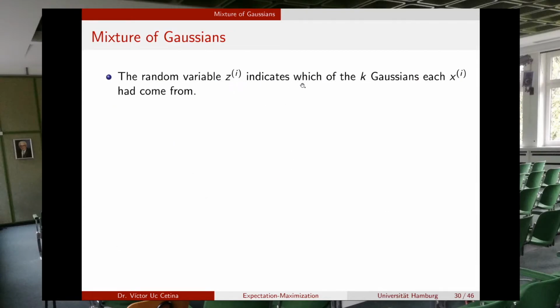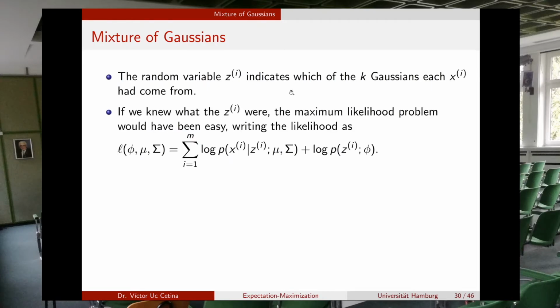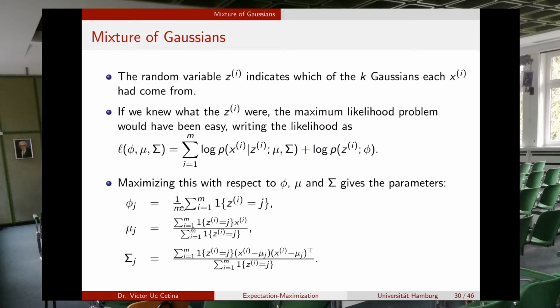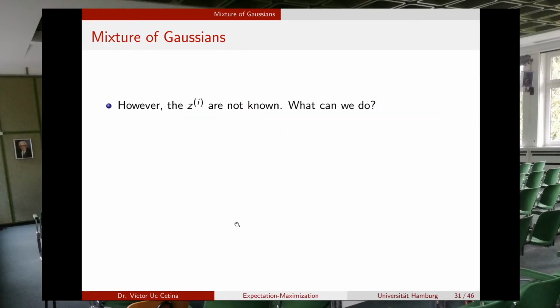This random variable z indicates which of the k Gaussians each x had come from. If we knew what the z were, the maximum likelihood problem would have been easy. We can write it like this if we had z, and solving this will give us a way to estimate the optimal phi, mu, and sigma if we had the hidden variable, and this is simply Gaussian discriminant analysis. But since we don't have z, we cannot solve it like Gaussian discriminant analysis, and what we can do